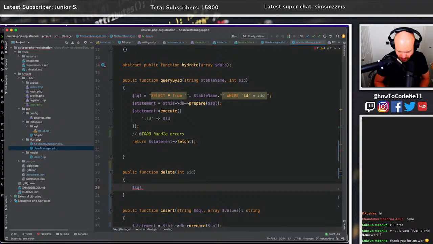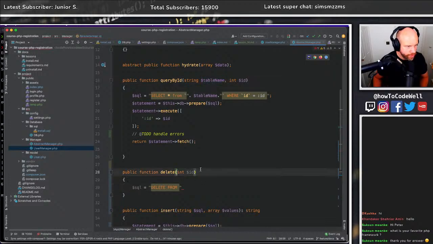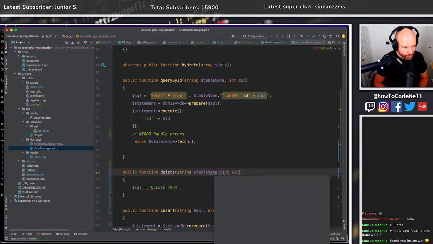What do we do? We do a delete query. That's what we do. Delete from, passing in the table name. Yes. So that would also need to be here as well. So string table name,